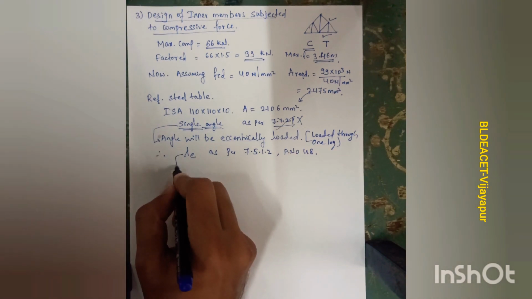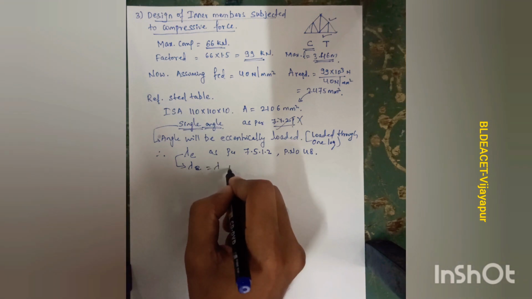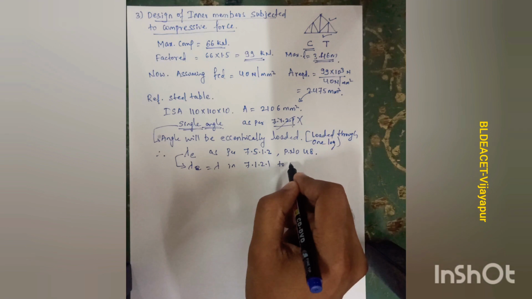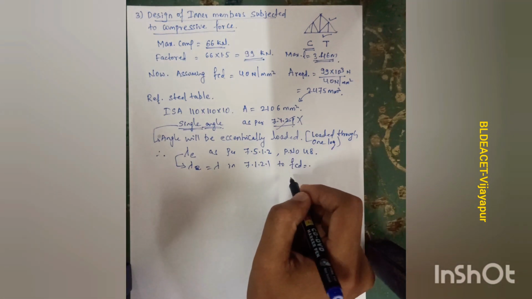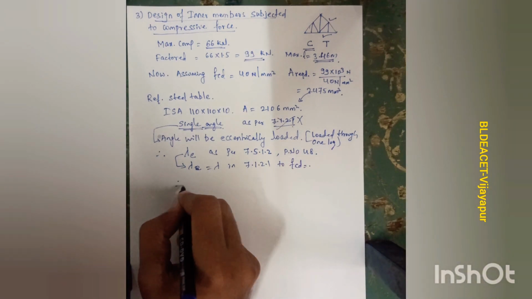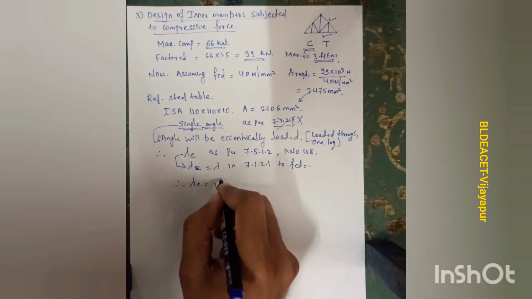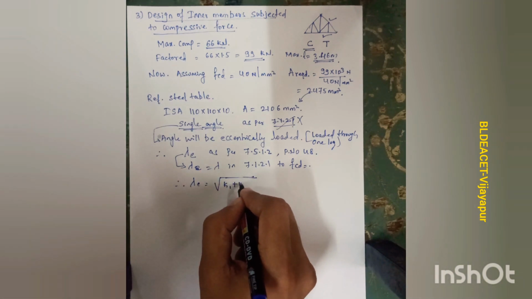Then we have to substitute this lambda E as lambda in 7.1.2.1 to calculate FCD. So first calculating lambda E, which is root of K1 plus K2